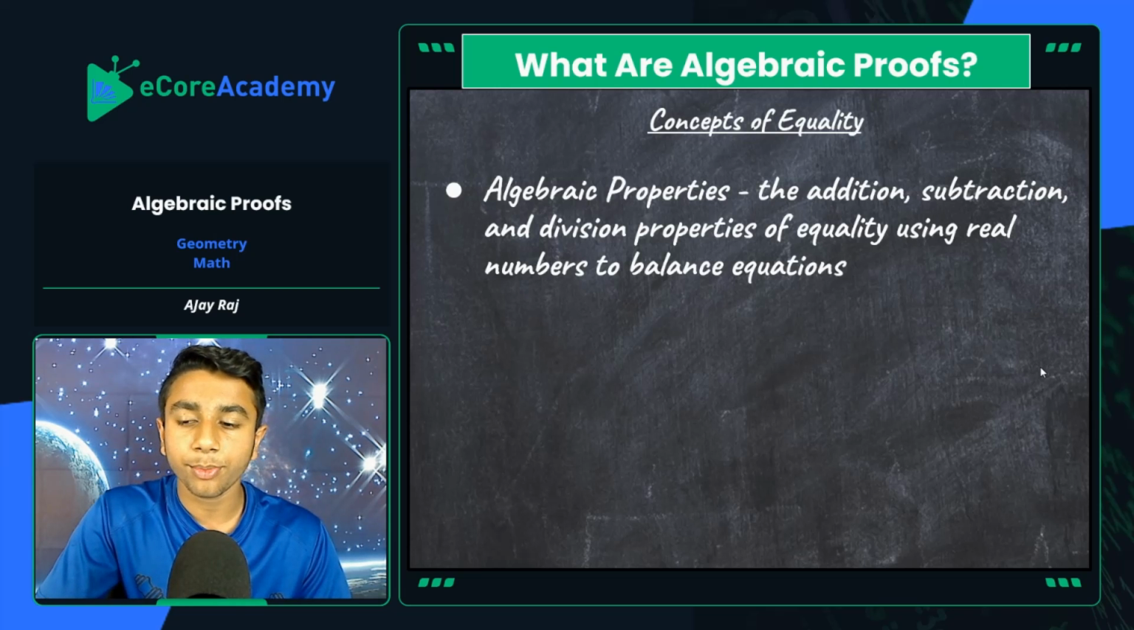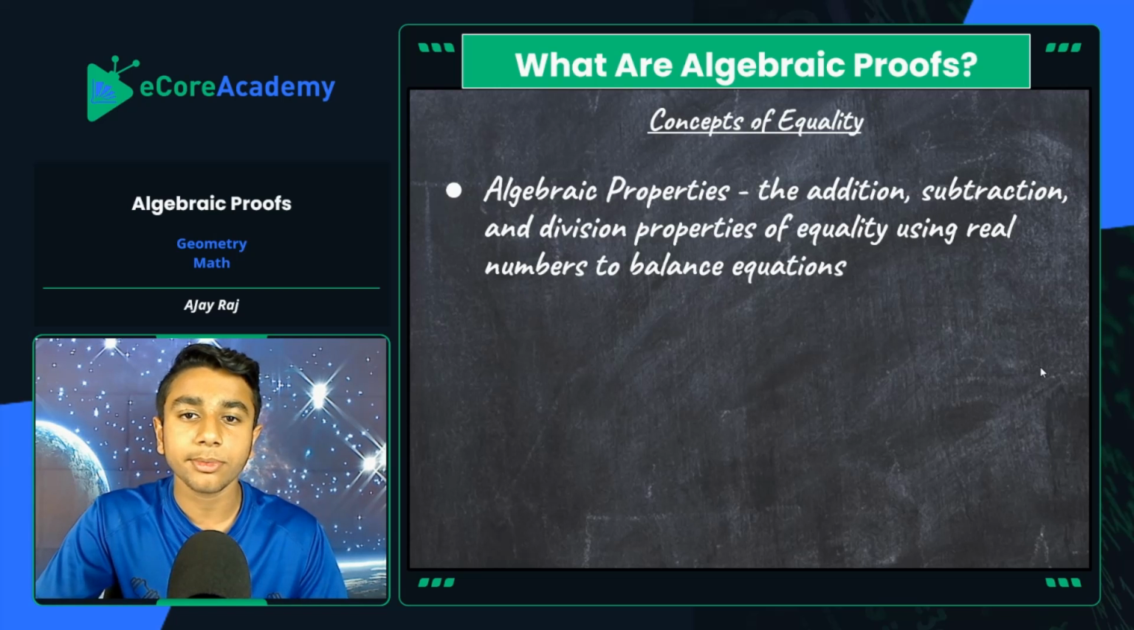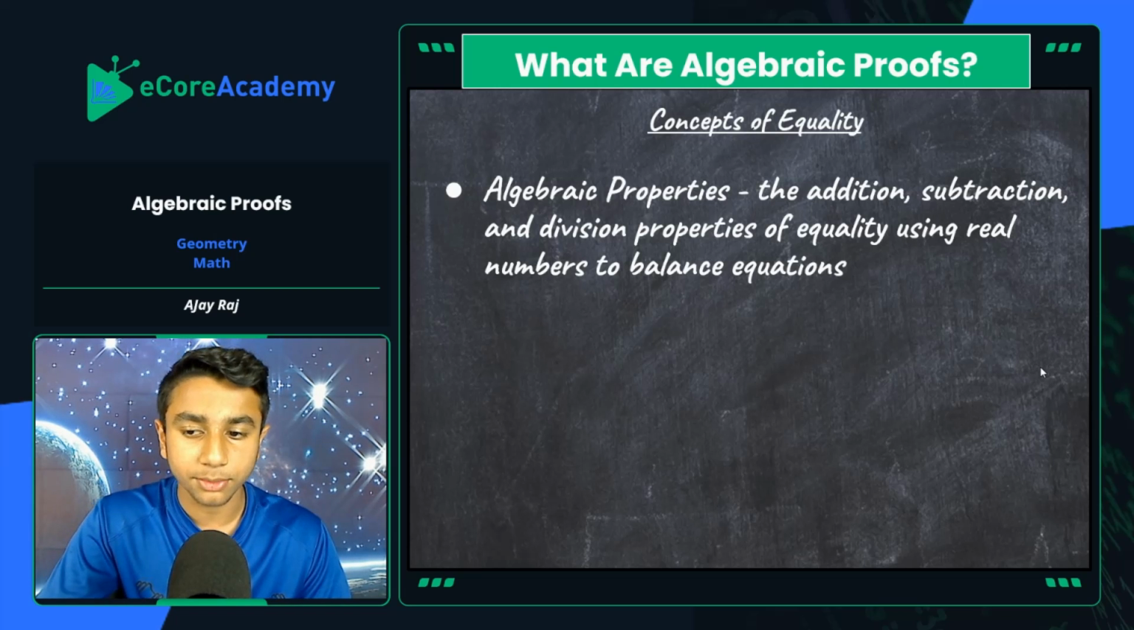If you don't already know what proof is, it's a form of reasoning for any geometric process. You can use properties, methods, or previously proven concepts as proof, but for algebraic proofs, it's specifically known as algebraic properties, and these are used as proofs in the form of algebra. Like I said, algebraic properties are the addition, subtraction, and division properties of equality using real numbers